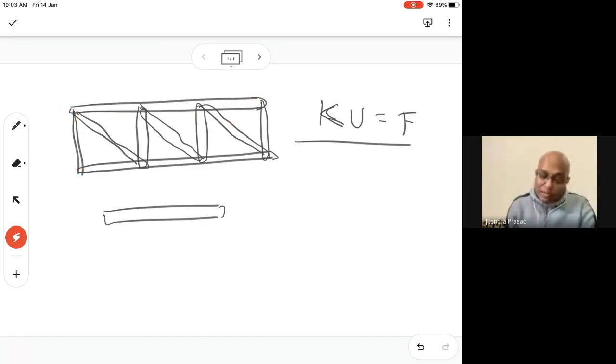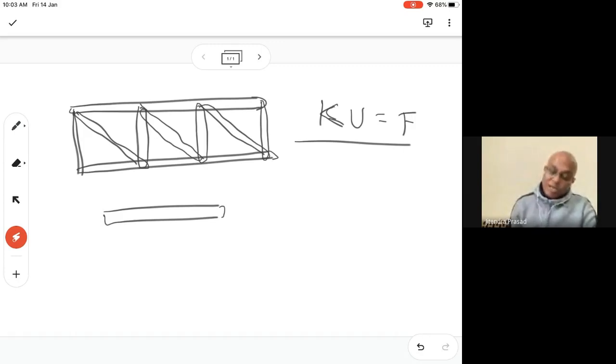Although on an individual level, each member is taking only axial loading, because they will be joined here, right? So this member is different. It's not the same member. There will be a joint here, a kind of pin joint. All of these will be pin joints only, but since the members are connected to each other, it will be a structure only. It will not be a mechanism.